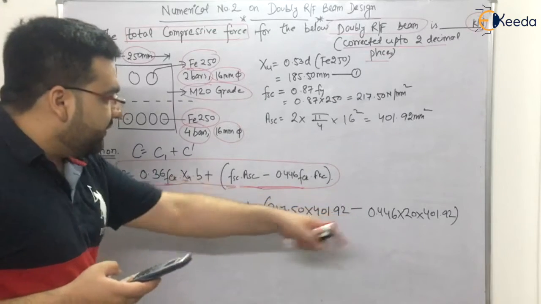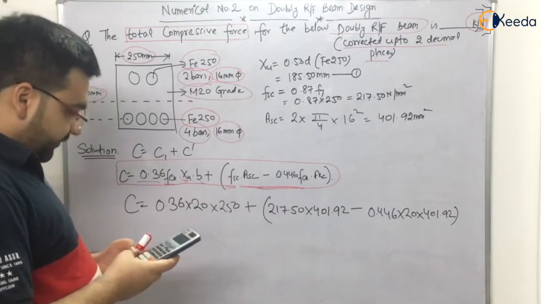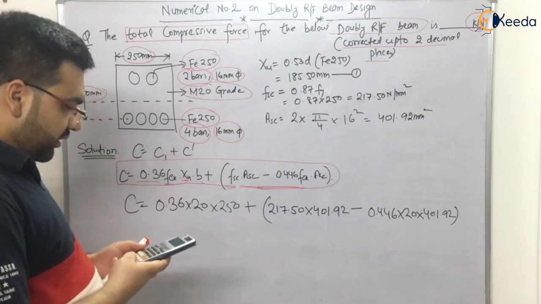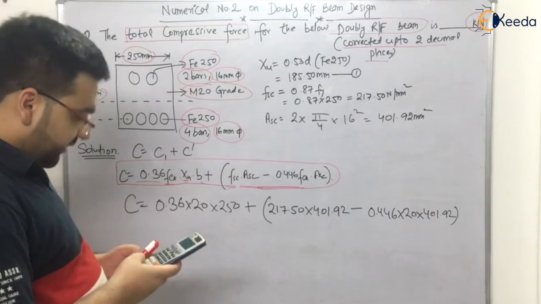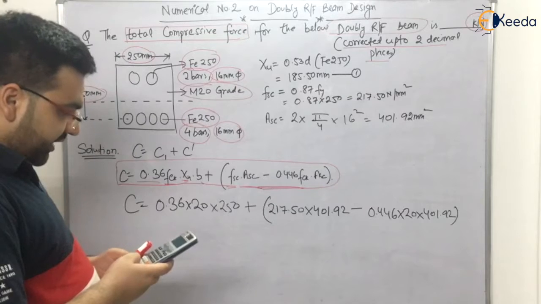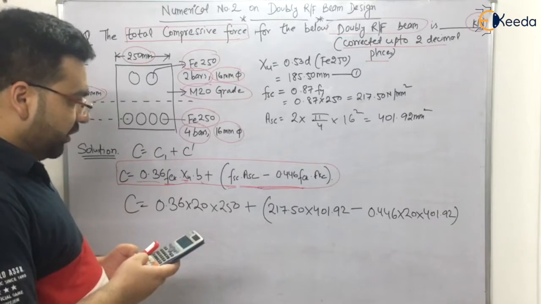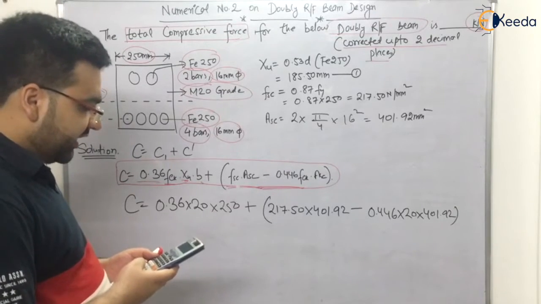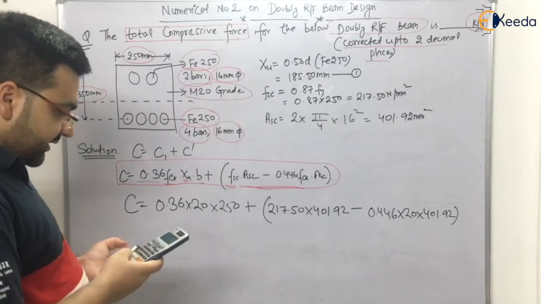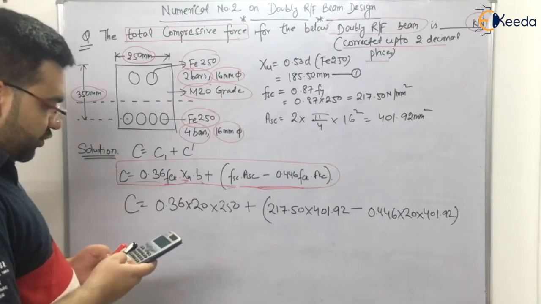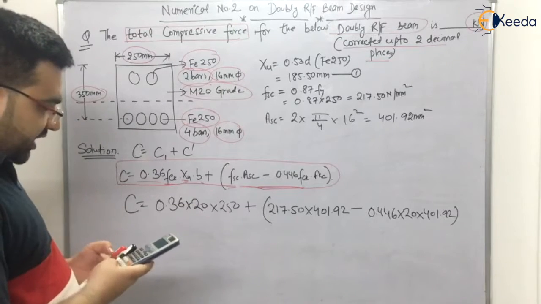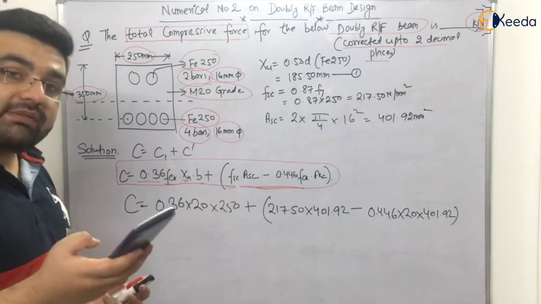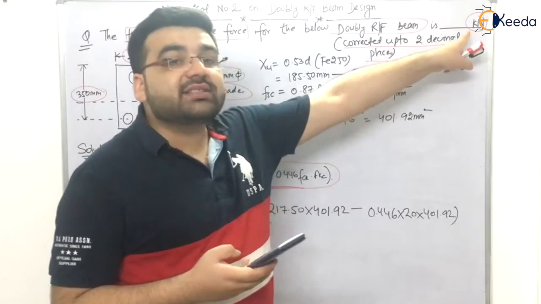So first of all let me calculate this complicated one, that is 217.50 into 401.92, this is this much, minus we have 0.446 into 20 into 401.92, this comes out to be this much, 83832.4736. I have to add this, so plus 0.36 into 20 into 250, so it comes out to be 85632.4736 Newton. I hope everybody is getting the same answer,